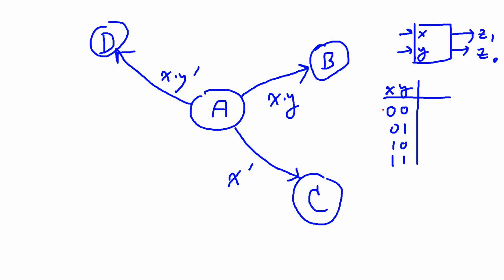When the clock ticks and the input is 0 0, how about this condition? X is 0, Y is 0, so it's false, right? It's 0. Now X prime: X is 0, so the inverse of 0 is 1. This condition becomes true, and for X and Y prime, when you apply 0 0 for X and Y,